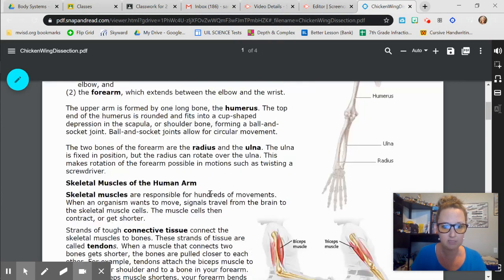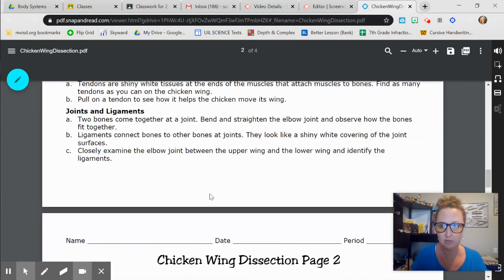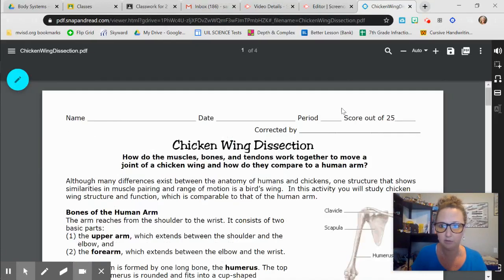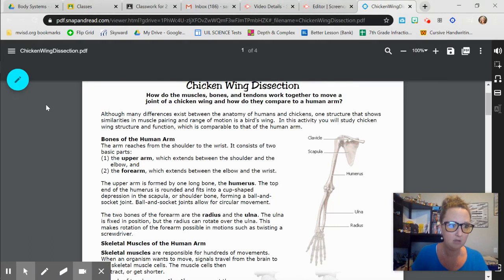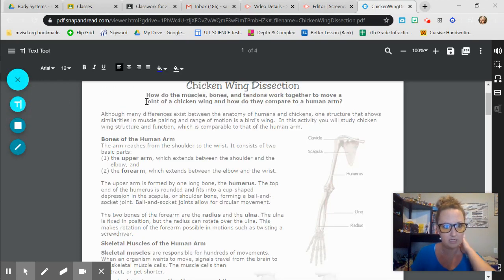Now, this is a lot, right? It's a lot of content for you to read, and it can look a little overwhelming. So let's zoom out just a little bit. If you come over here to our little toolbar, you can click this little pencil, and it gives you several options. The first one is text. So you can write text, like if you come up with a question, you're like, I need to ask Miss Young this. And you can add in a